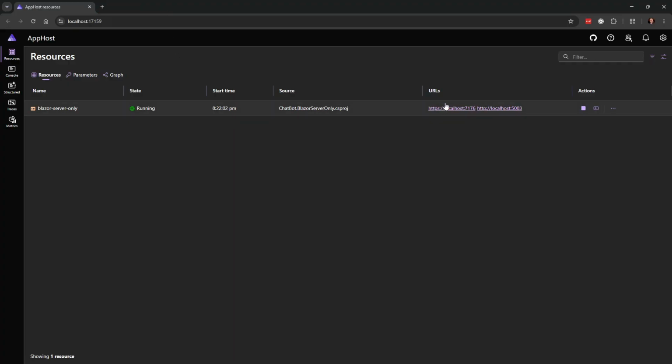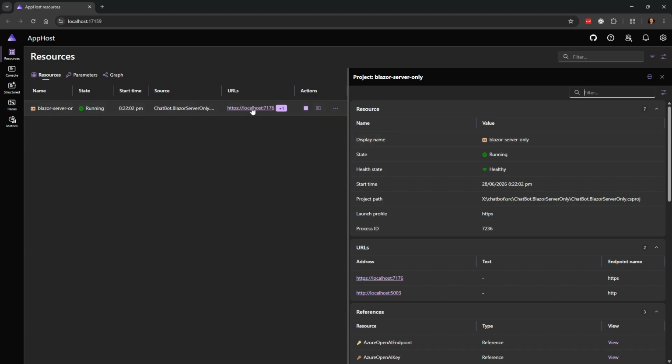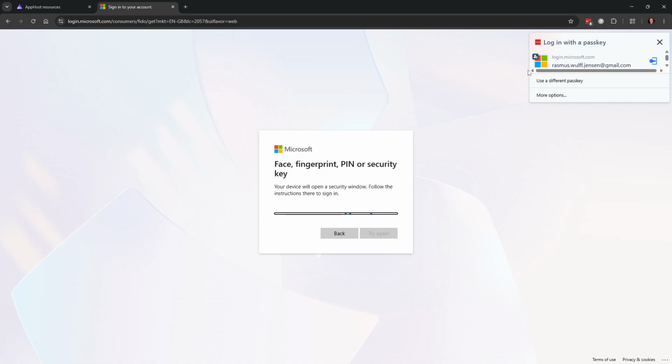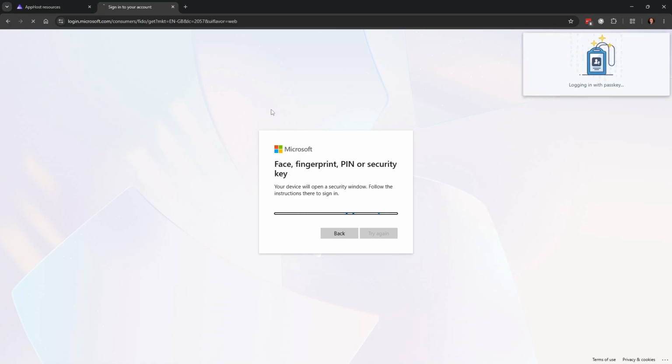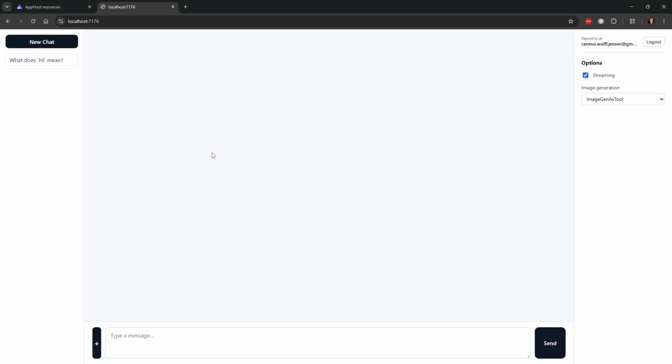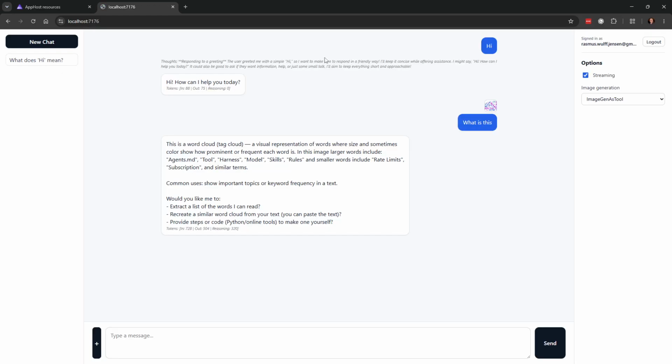And when I log in here, I can choose the first account again. And log in with that account, we have the first message, but not the second. So let's see how this was done in code.